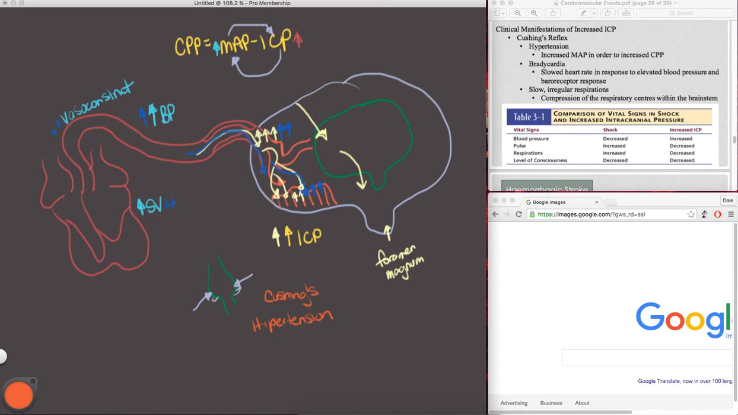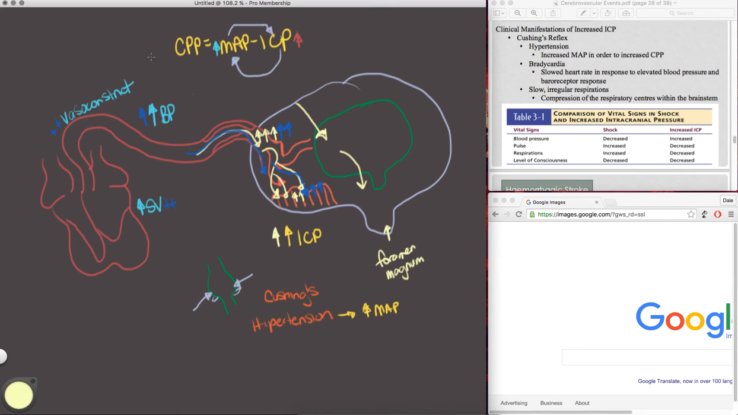And we know that that is the result of basically an attempt to increase our MAP by increasing cardiac output and increasing peripheral vascular resistance by vasoconstricting. So we're also going to see bradycardia. And again, if we start thinking about what happens when we have increasing blood pressure, we're going to have a